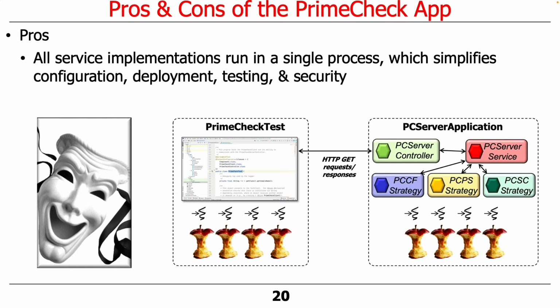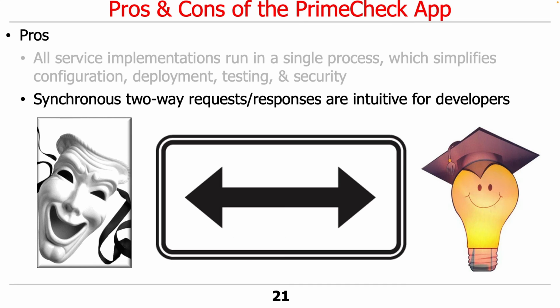That's really nice. When you start going to things that use multiple microservices, not quite so easy to just get it to start up in one fell swoop. And from a security point of view, that also centralizes where you have to protect your code. We don't really use security here, but it would be easy to add in security if we wanted to authenticate the clients. Another plus is synchronous two-way requests and responses are pretty intuitive for developers. You've probably done that your entire time as being a programmer, unless you started programming with JavaScript and asynchrony, which you might have, but most likely you started out with Java or Python, which is more synchronous request-response calls, two-way